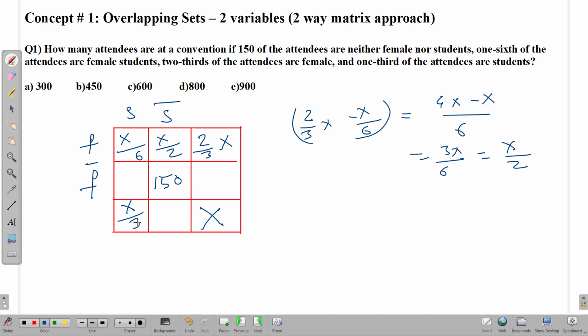So I need to form an equation. Where can I form this equation? This I do not know because I do not know this particular cell. I do not know what to put here. I cannot form the equation on the vertical line, on this column. But I do know this cell. How do I know this cell? I can do it as